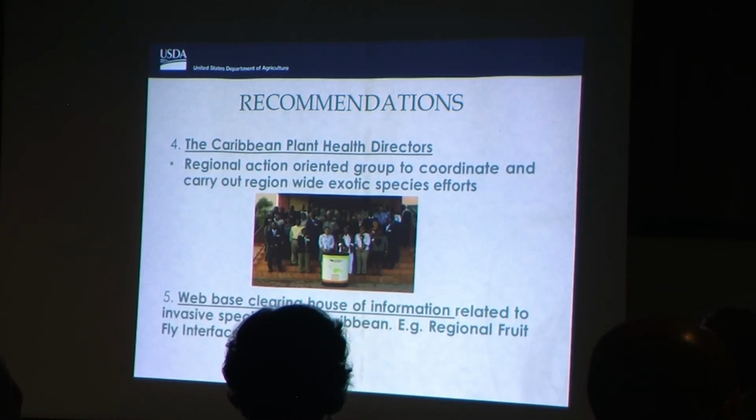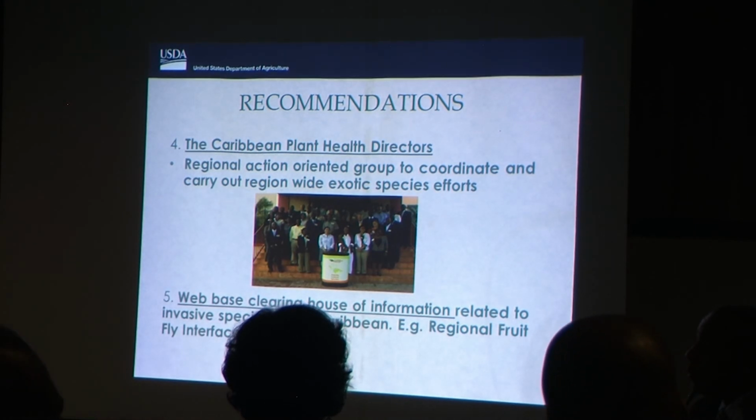Another recommendation was the establishment of regional action-oriented groups to coordinate and carry out region-wide exotic species efforts. There is one such group, the Caribbean Plant Health Directors Group, with its 6 technical working groups, and you'll hear a little more about this one as well on Friday. And finally, a final recommendation was the web-based clearinghouse of information, and the USDA in collaboration with CABI has been working on the CISAnet.org